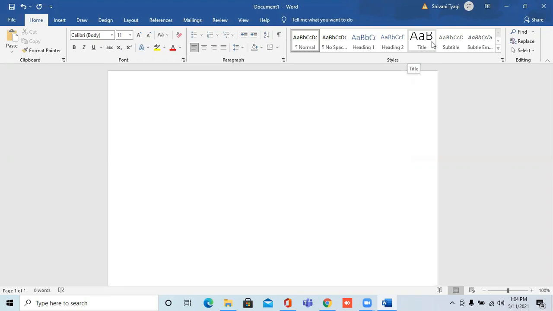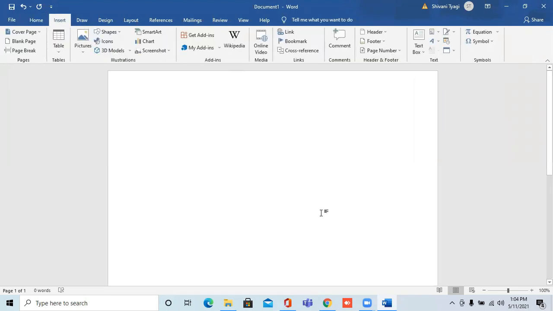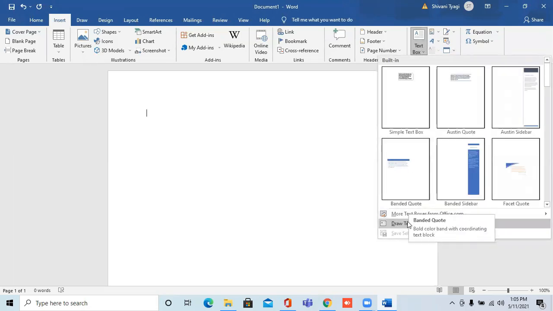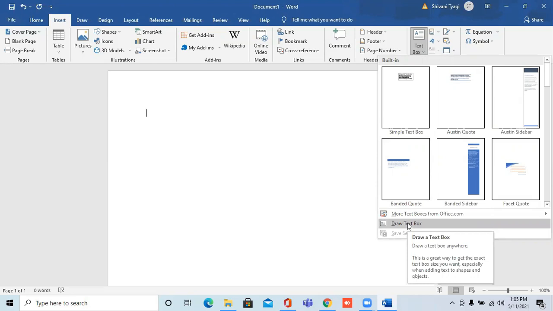Word document. So I told you whenever you need to insert anything, you simply need to click on the insert tab. So I'm just clicking on the insert tab. After clicking on the insert tab, you will find the text box option, and you will find the word art option also. So just click here, and then simply select this draw text box option.